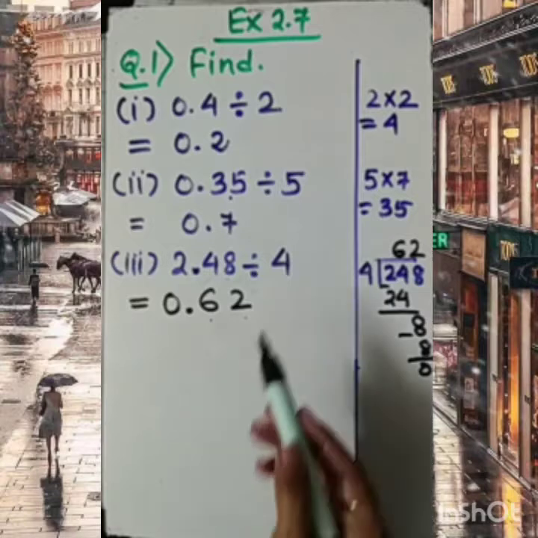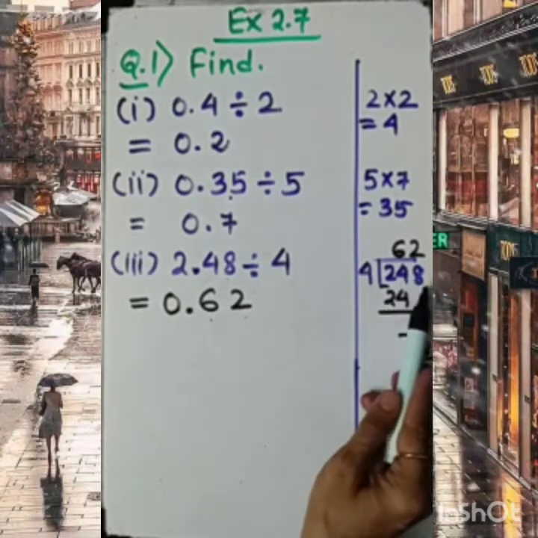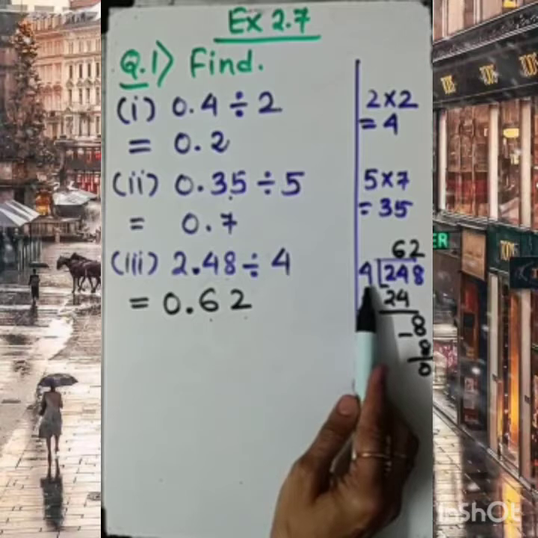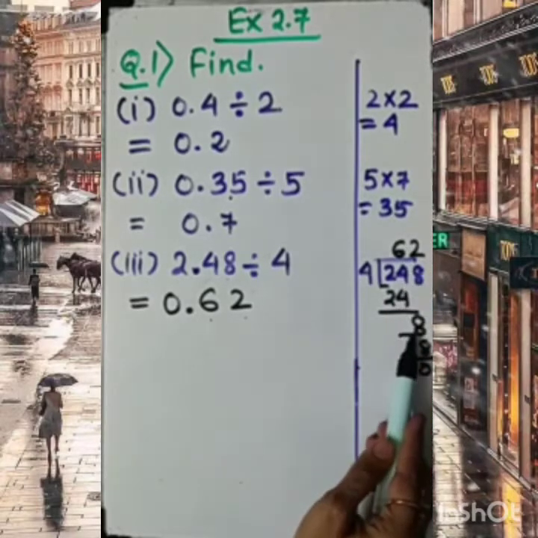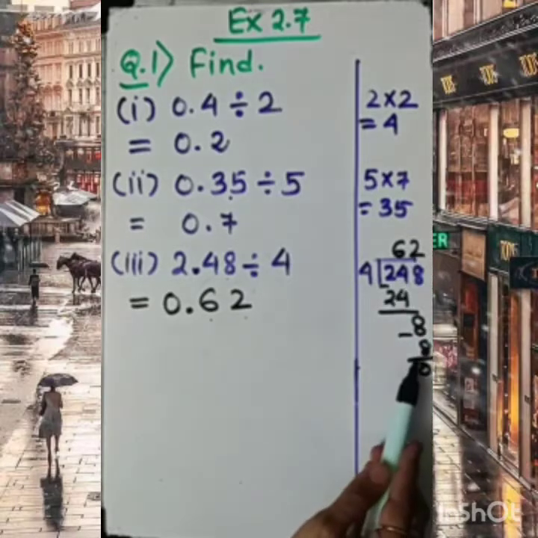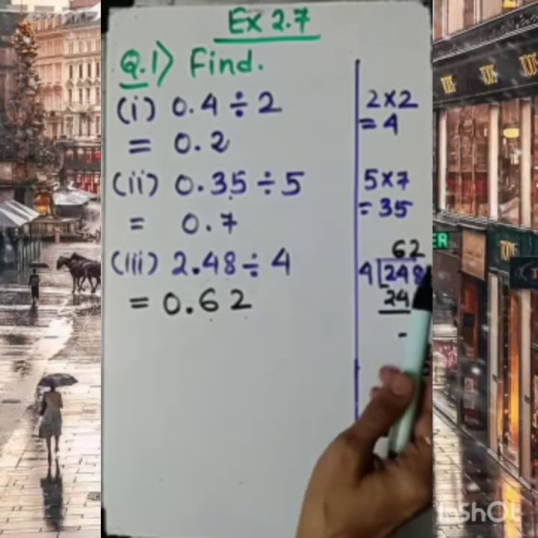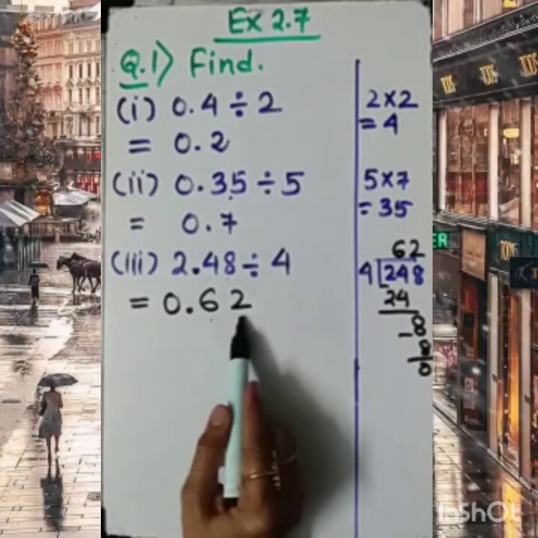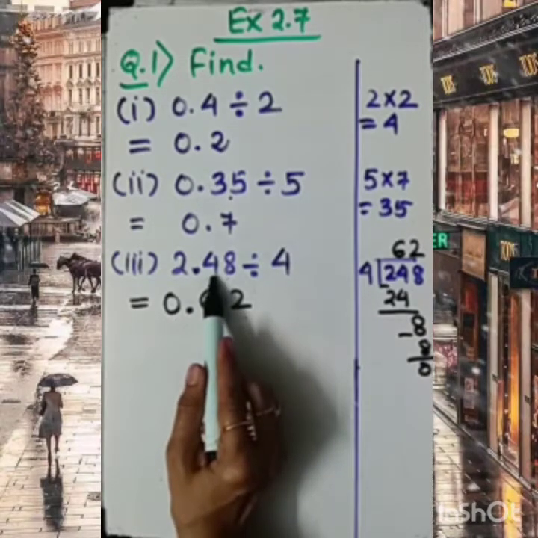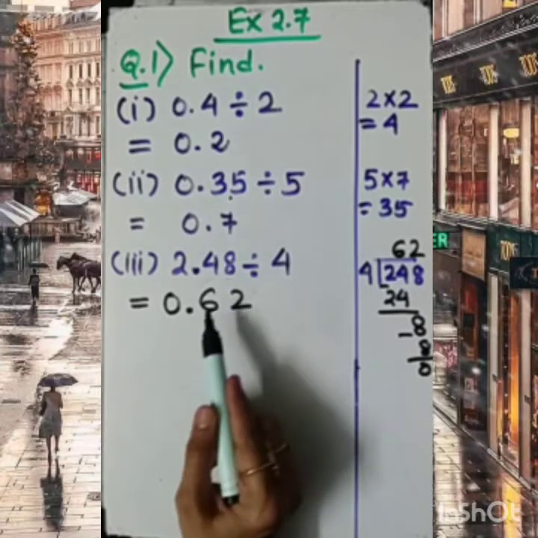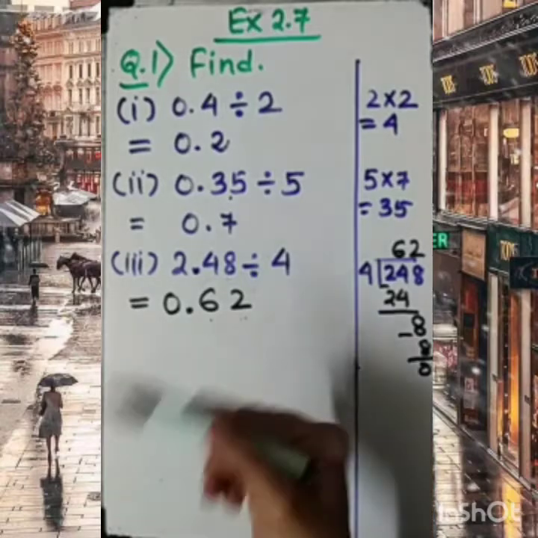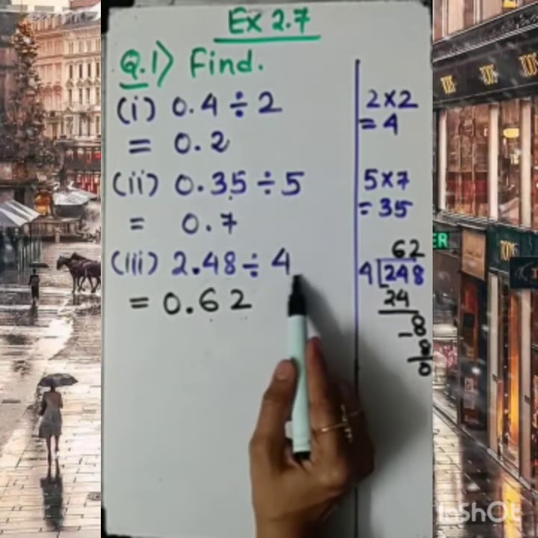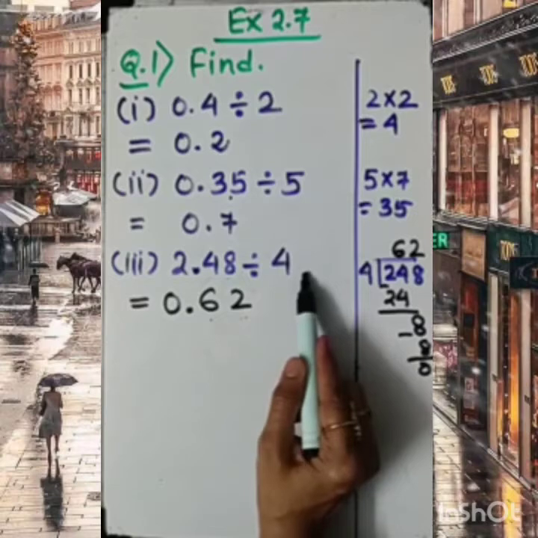I am explaining this again. Look at your screen. The question is 2.48. We are going to divide it by 4. 4 6 ja 24. 8 will be here. 4 2 ja 8. So 62 is the quotient. The quotient part I am mentioning here. But how to shift the decimal, 1 and 2? So 2 decimal places we need to shift from this side. But when gradually we proceed, when we are given a decimal, then we have to do subtraction. That I will teach you.